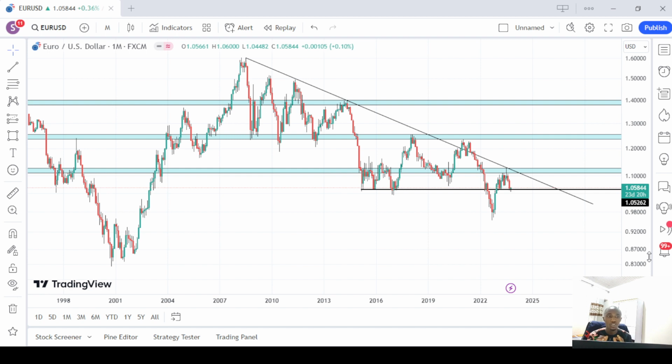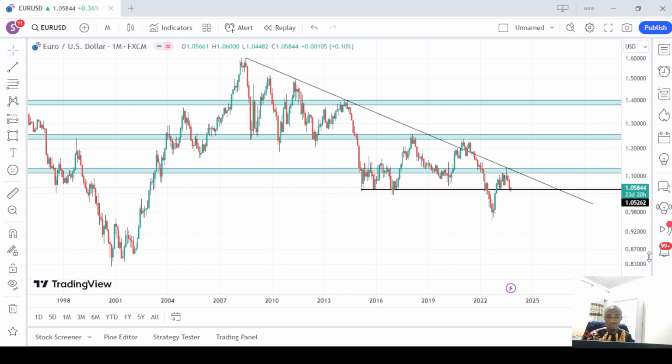I will be analyzing the market structure starting with EUR/USD, being the most traded currency pair. I will be doing other currency pairs as well. So, starting with the EUR/USD, as you can see on my screen,